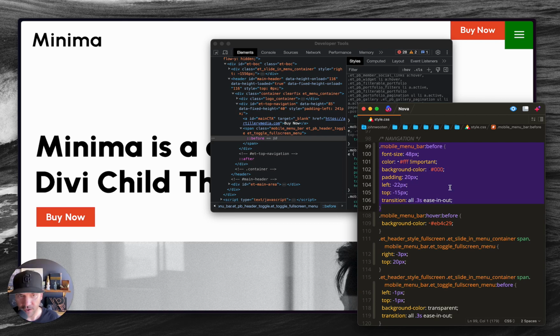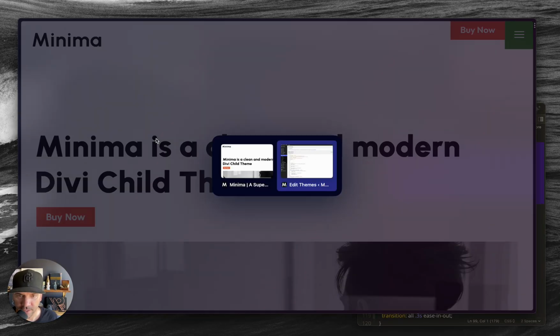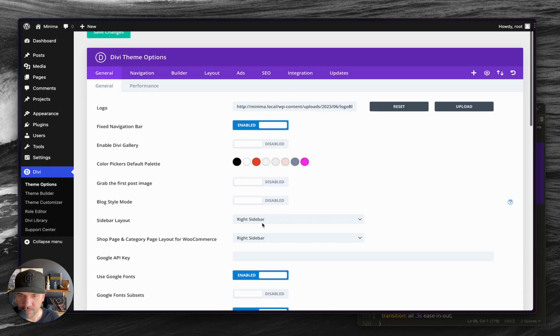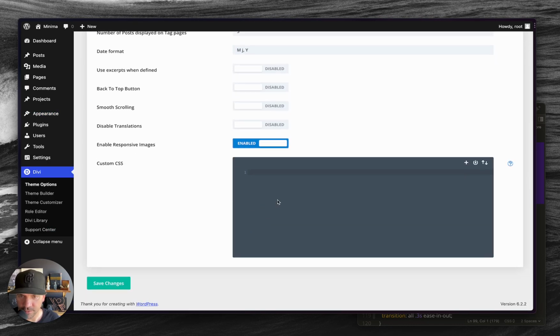So I'm going to go ahead and copy this code, and per the CSS video, I'm going to go to my CSS options down here, paste this in. Let's say now the only thing I want to change is that color and background color. So everything else I'm just going to get rid of. And now let's say I want to flip them. Let's say I want the color to be black, and I want